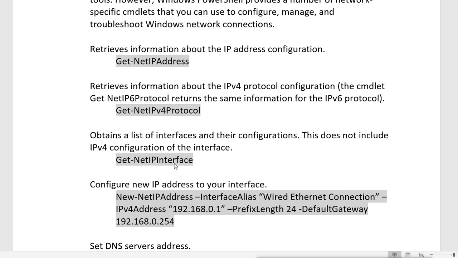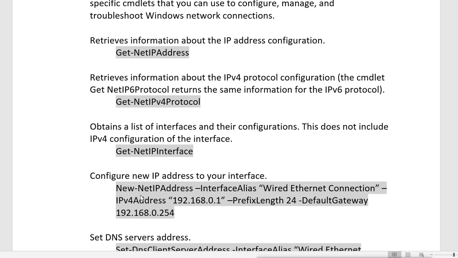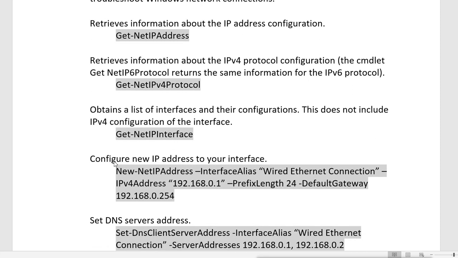Now if you want to configure the IPv4 in PowerShell, then you will use New-NetIPAddress with the interface alias. What is the interface name? This will be the interface name. In our case it is Ethernet 0. Then the IPv4 address, the address which we want to configure. Then the prefix length, that is the subnet mask. Now 24 means 24 bits are on.